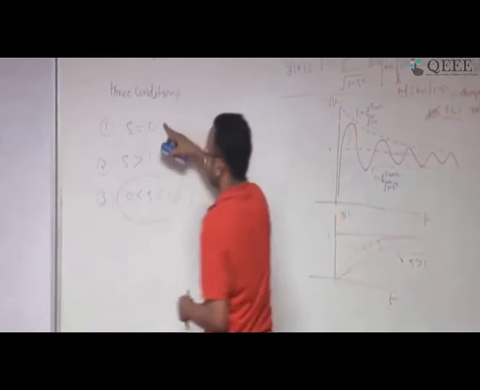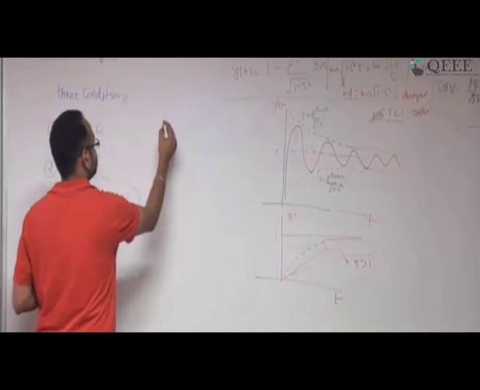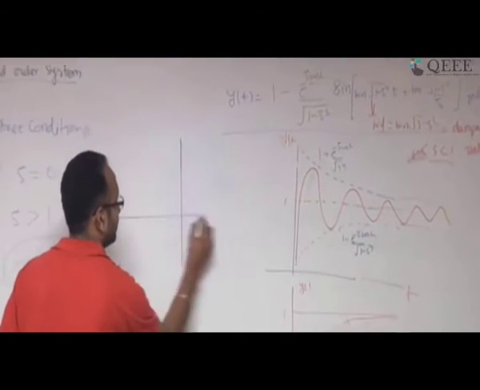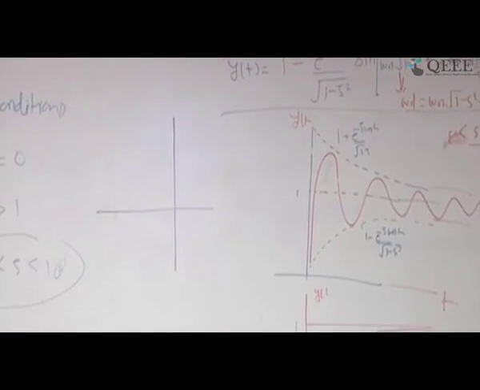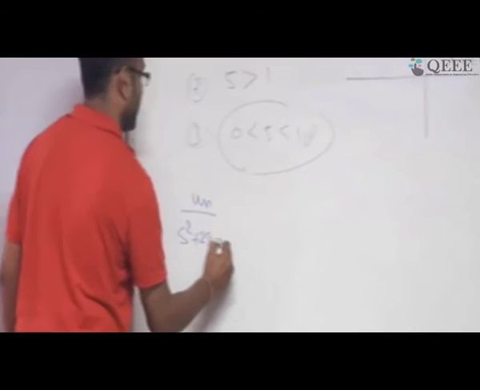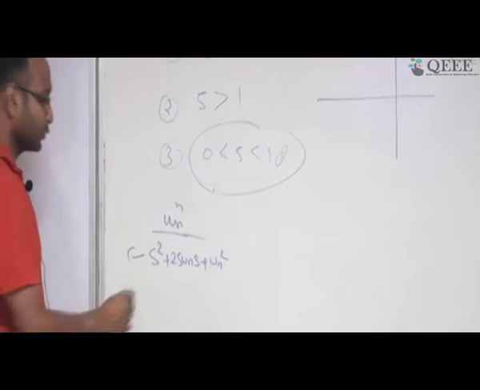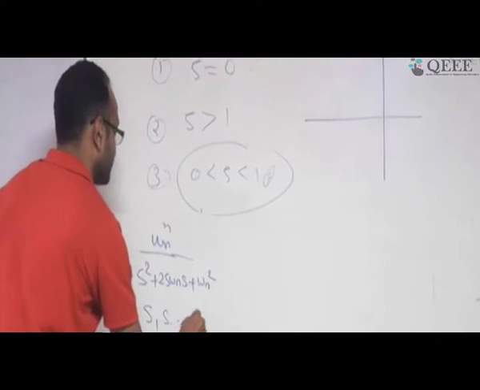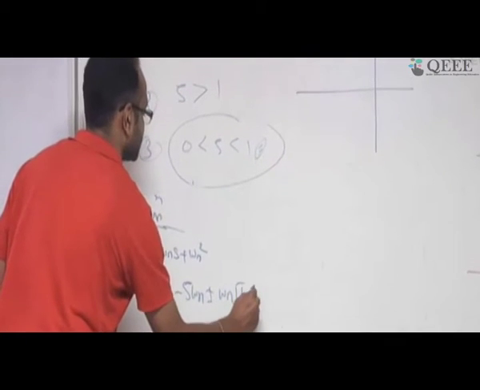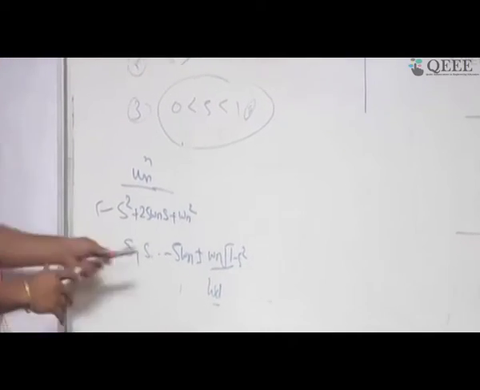Okay. So, this part is clear, zeta equal to 0 and more than 1. Now, I just wanted to highlight one more thing here. If you remember, there is a denominator term. What was the denominator term? It is s square plus 2 zeta omega n s plus omega n square, correct? And as I just explained, the roots of this system, s1 and s2, are minus zeta omega n plus minus omega n root of 1 minus zeta square. Now you remember this term, damped natural frequency omega d. Okay. So these are the roots of the system.